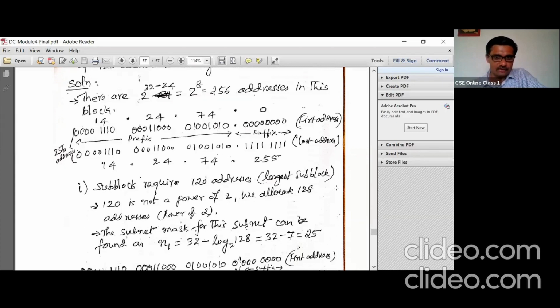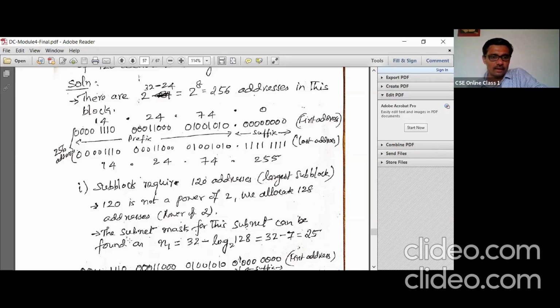That's the largest sub-block, and you always start from the largest sub-block. 120 is not a power of 2, so what is the nearest higher number? We allocate 128 addresses. 128 is a power of 2.